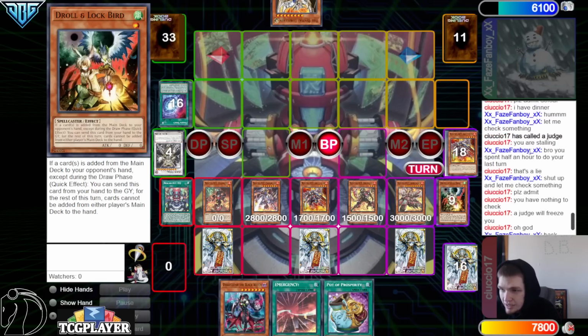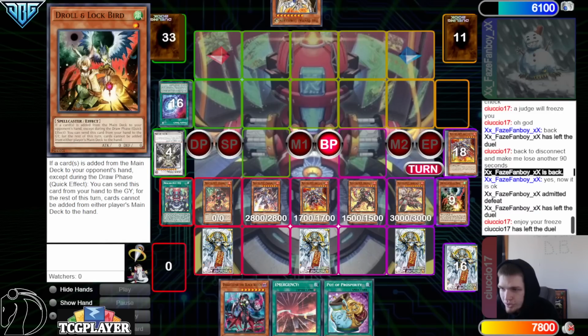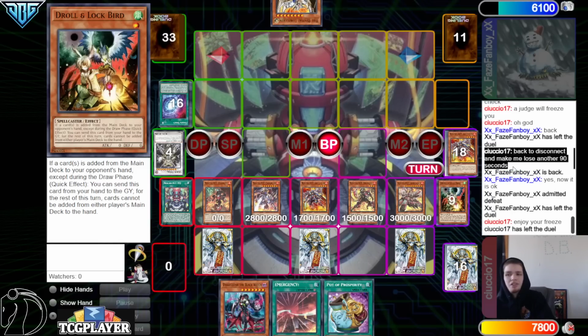And they even leave and keep coming back on purpose to make you waste time. That's also just abusing DB's system to try to say, oh, I wasn't there, so you can't give me a slow play warning or anything, or you can't say I was stalling because I was lagging in and out of the website. But that's also not an excuse. If you're lagging in and out of the website nonstop and it's just you, then maybe you shouldn't be